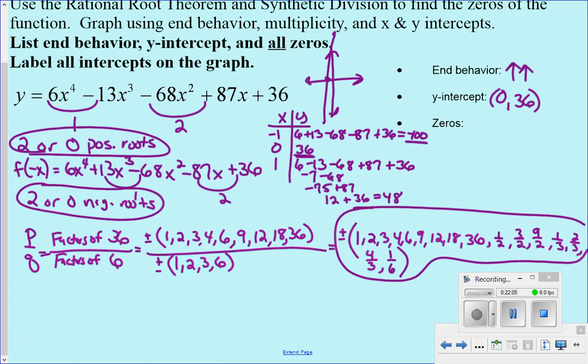We do have some information from doing this table. We weren't lucky this time and we didn't get a root. We didn't get a 0 here for the y, but we do know that somewhere between this point and this point, the graph crossed the x-axis because the sign changed. It went from a negative to a positive. Then it continues on being positive, 36 to 48. So it didn't cross the x-axis again between 0 and 1, but it did cross the x-axis somewhere between -1